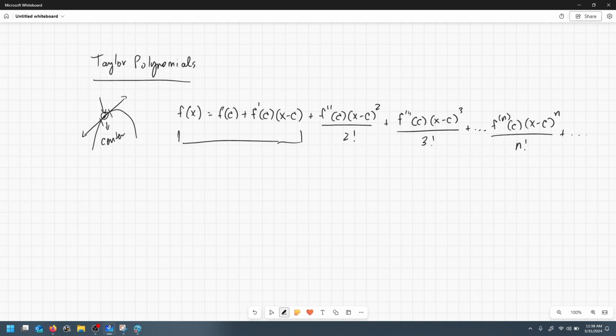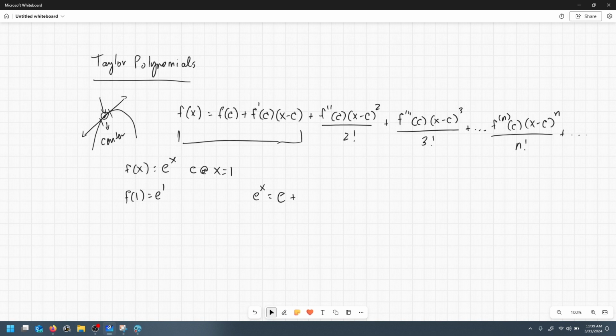Let's say we've got the function f of x equals e to the x, and we're going to center this, let's say at x equals 1. So what that means is everywhere you see a c in this formula, you're just going to plug in a 1. So if we do that, then e to the x is going to be equal to f of c, which now is f of 1, and f of 1, of course, is just e to the first, which is e, so that's your first term,